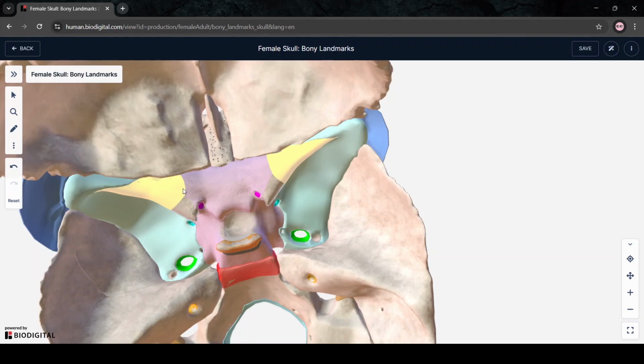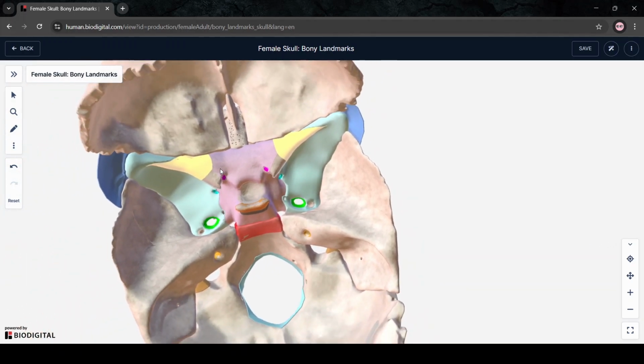So this is the sphenoid bone. I'm going to talk about its anatomical location, and when we go to the internal surface, I'll break it down completely. Anatomically, it is placed between the frontal bone anteriorly, the temporal bone on both sides, and the occipital bone posteriorly. So it is situated between three bones: temporal, frontal, and occipital, each on its respective side, as you can clearly